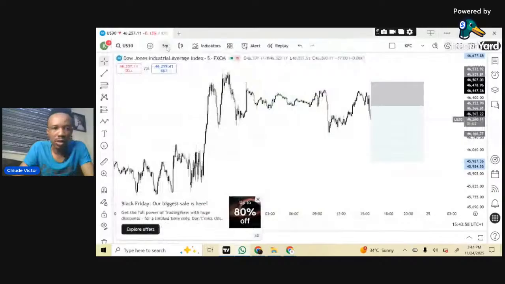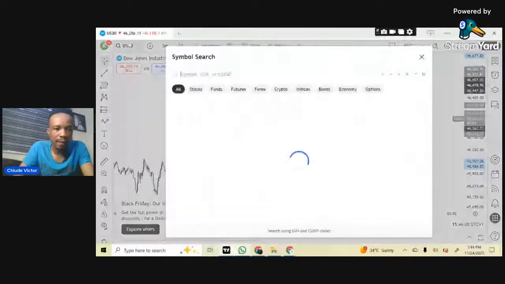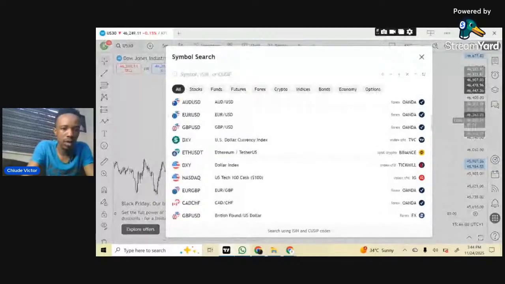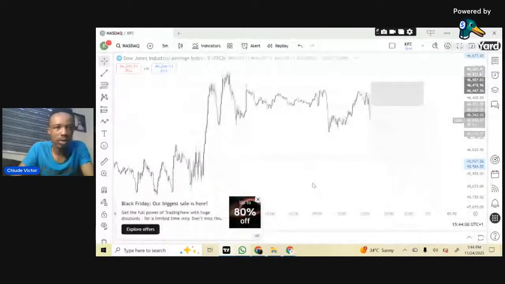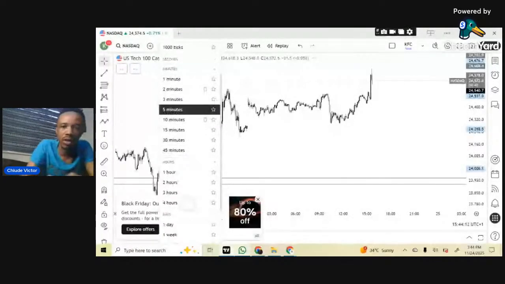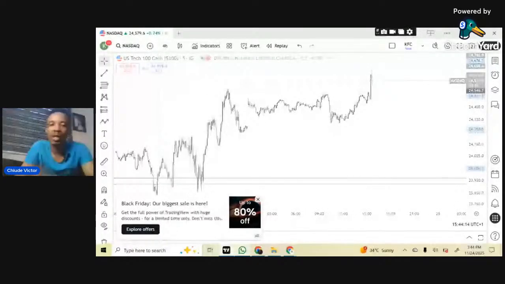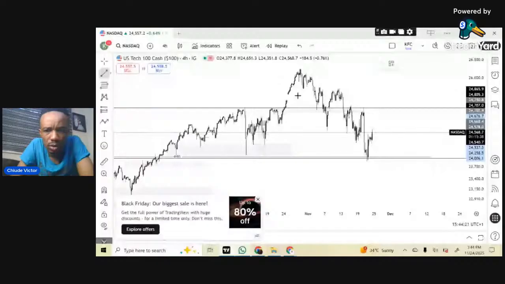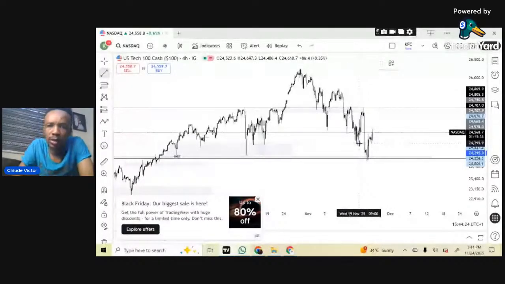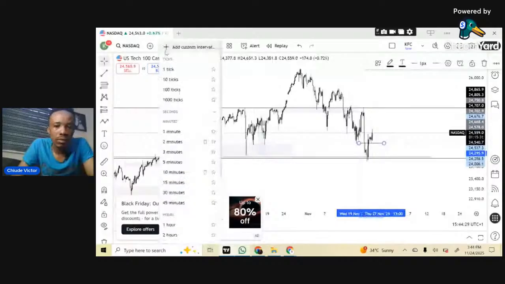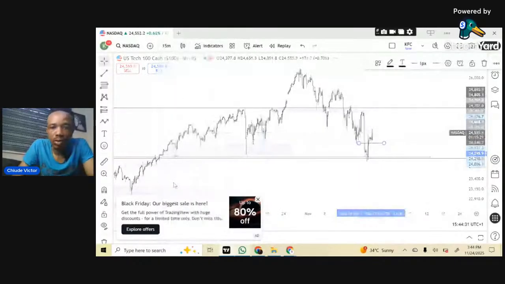Let's look at Nasdaq. Take note, this one is Nasdaq US 100, because they're different Nasdaq. There's Nasdaq 50, but this is Nasdaq 100. So this is it, and it does not take out this low. Don't sell. It doesn't take out that low, because for me, that ought to be a bearish move.